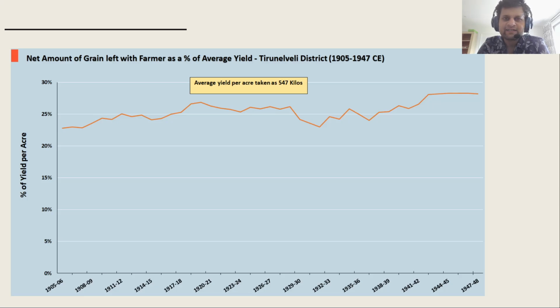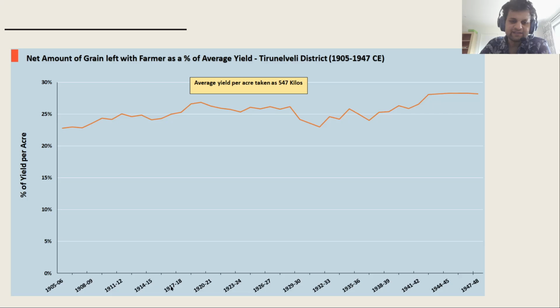What was the net amount of grain left with the farmer as a percentage of average yield? Now if we assume the average yield, as we have done, as 547 kilos per acre, then from 1905 to 47, roughly he was retaining around 22 to 27% on an average. So the amount of grain he was retaining had gone up, but we have to remember that these periods,